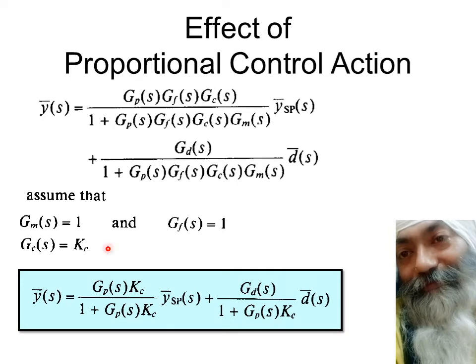Ultimately, this big, intimidating, fearful looking equation boils down to a relatively simpler equation over here, because you see this GF is 1, this GC has been replaced by KC, this GM is 1, and so on. Even this GF is 1. So is the case with all these things. So we are left with a simpler equation. We'll be making use of this equation in the future slides instead of this one, which is slightly complicated looking.